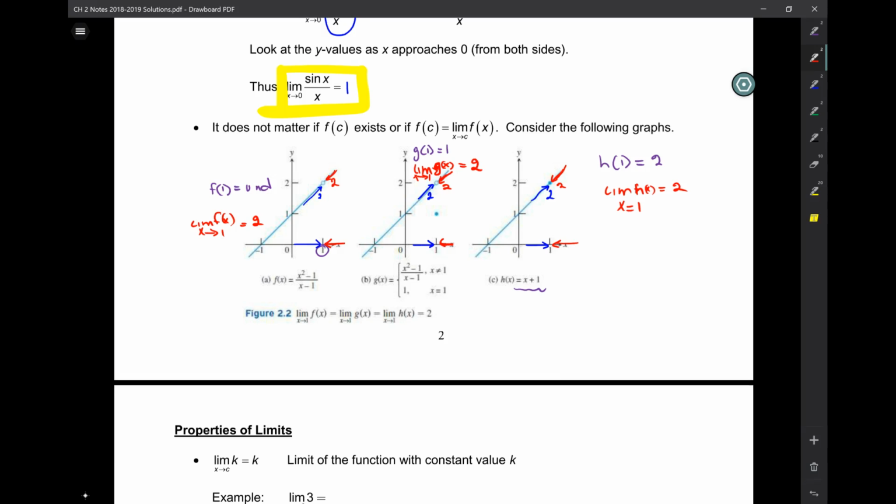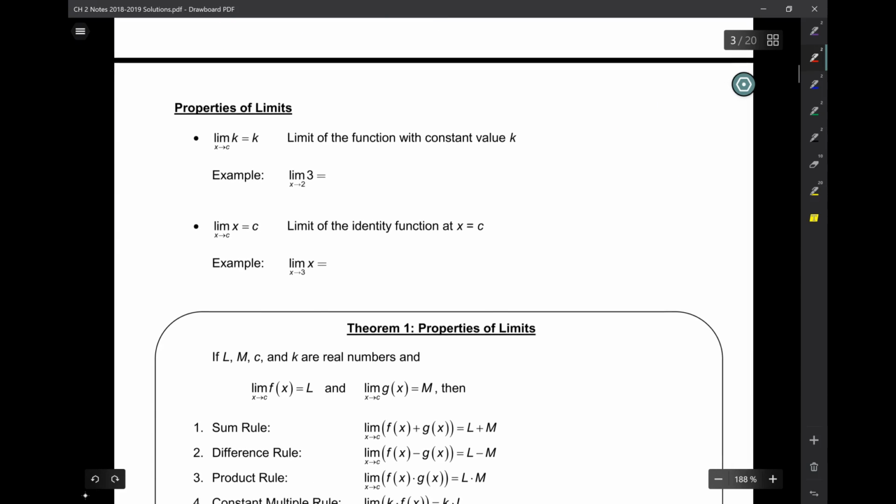Properties of limits. All right, so let's do some properties. The first situation, take a look at this. We have the limit as x approaches c of k. K is a constant. An equivalent example would be if I had, for example, the limit as x approaches 5